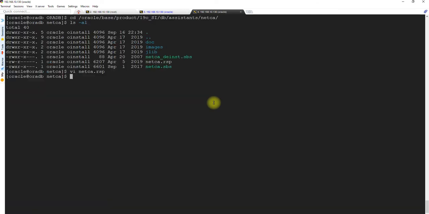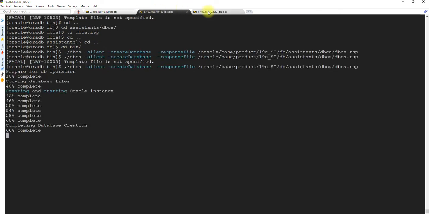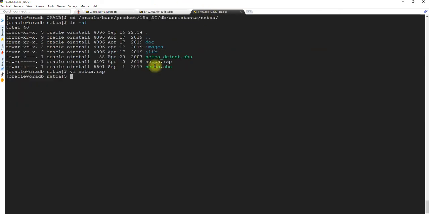I think we can invoke this as well. So how do we do it? Let the database installation complete, it is at 66%. Let me invoke this as well. How we do it is cd, let me go to the bin directory.